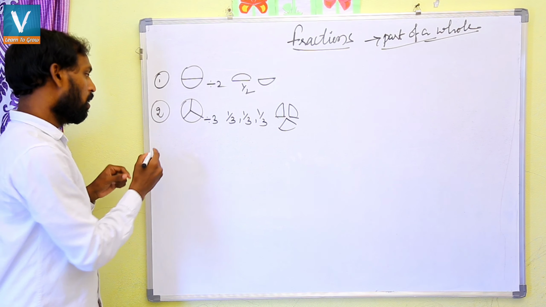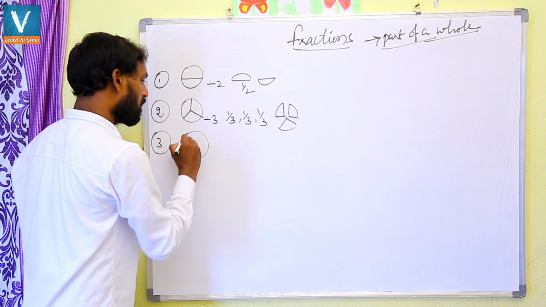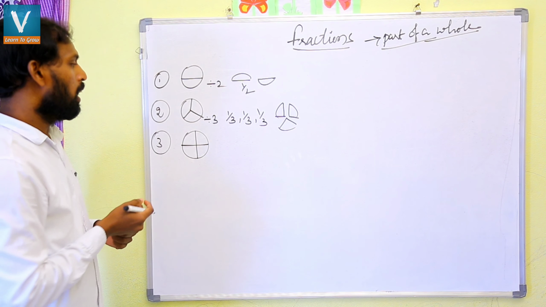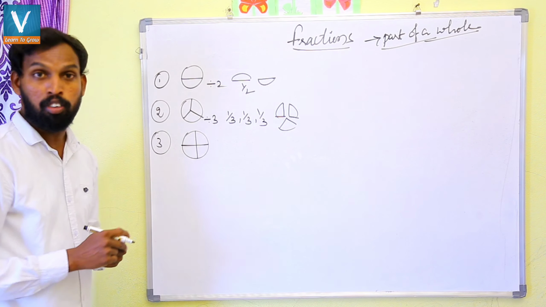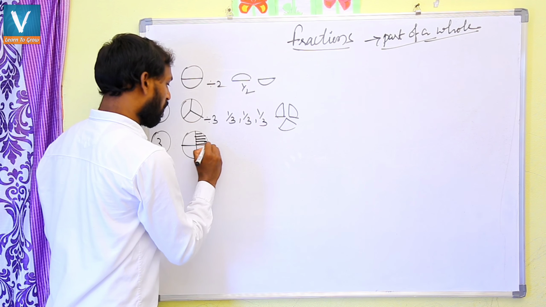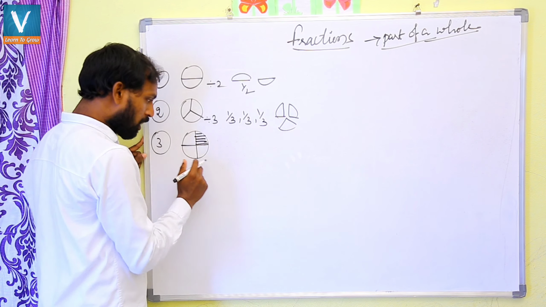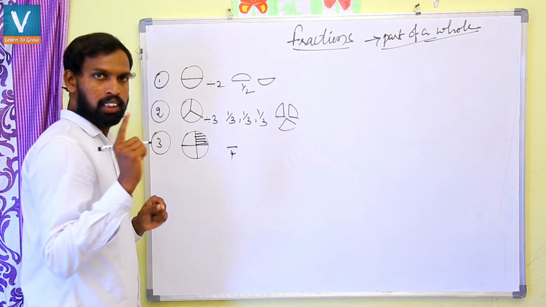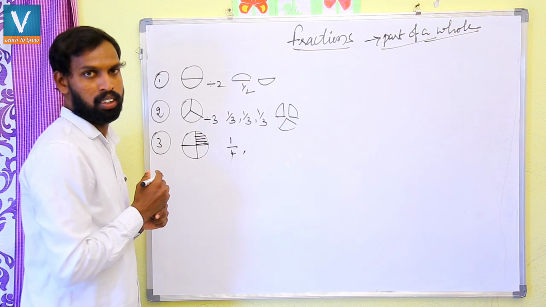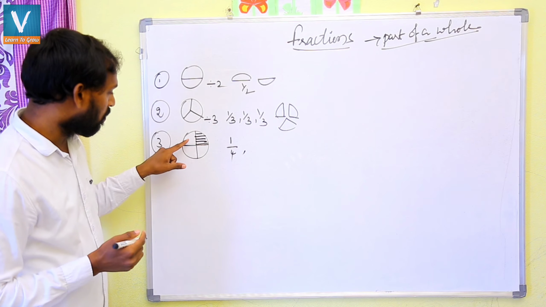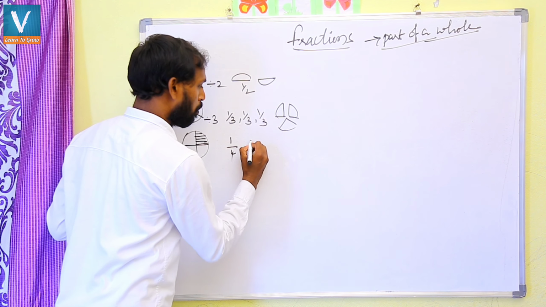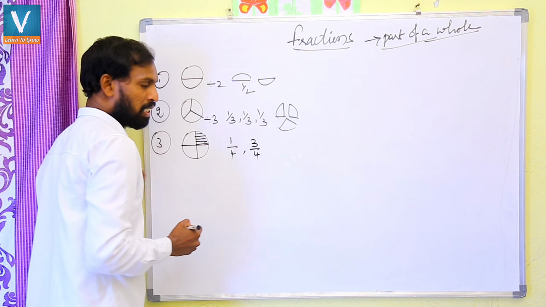Now in the third case, I'm taking one more pizza, dividing it into 4 equal parts. In this case, I want to share it with 2 of my students in a different way. I share only one part with the first student. The total parts here are 4, so the first student gets only one part, 1 by 4th. The remaining pieces are 1, 2, 3, which I share with the next student. He will get 3 by 4th of the pizza.